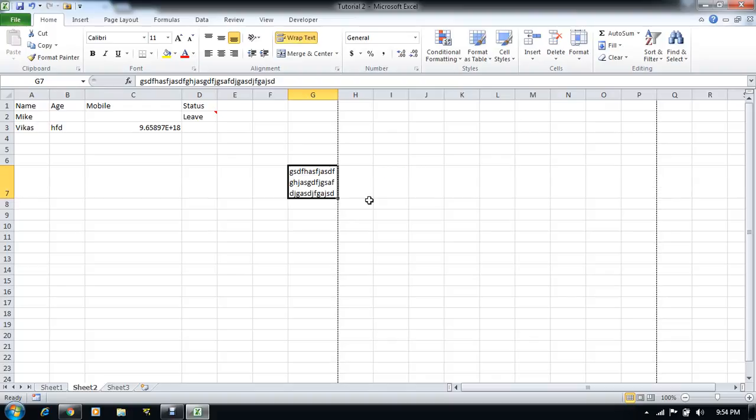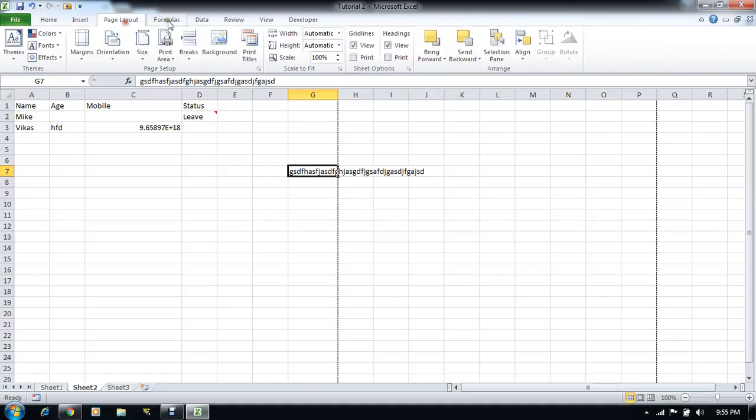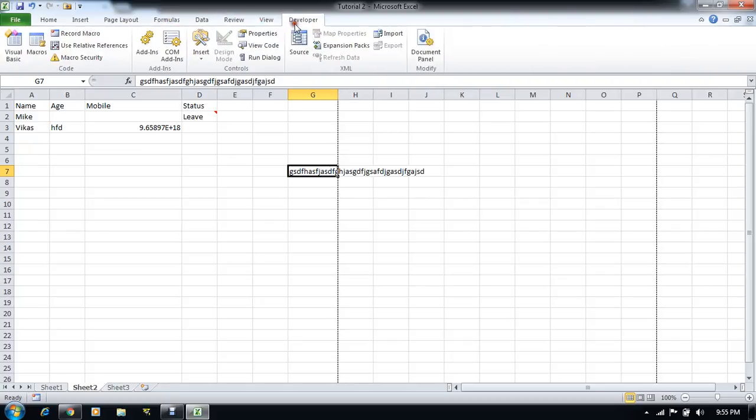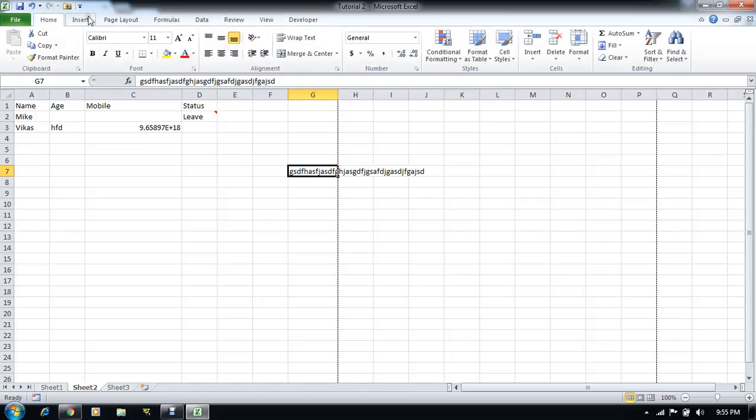So you can see that it has done the wrap text quickly, and you have not seen me move the cursor at all. I can apply and turn off this option quickly with the shortcut. So when you want to learn the shortcuts, there is a simple way. You can see there are various options here, so you should be aware of the shortcut for each and everything.